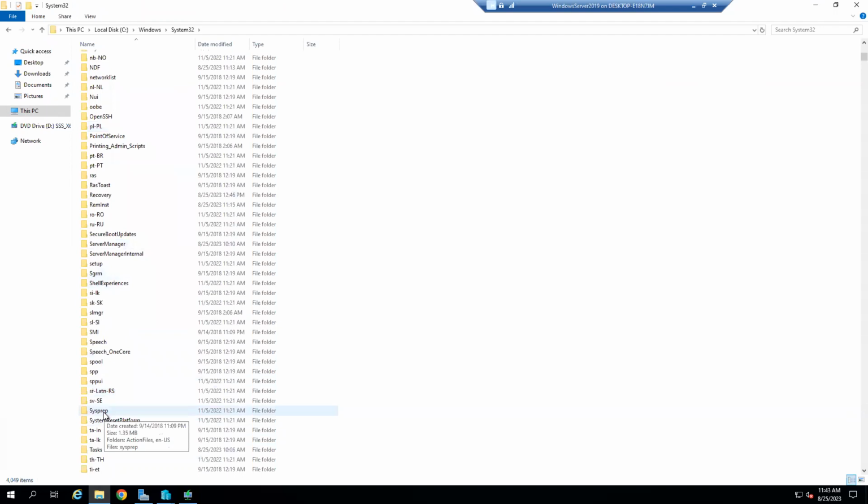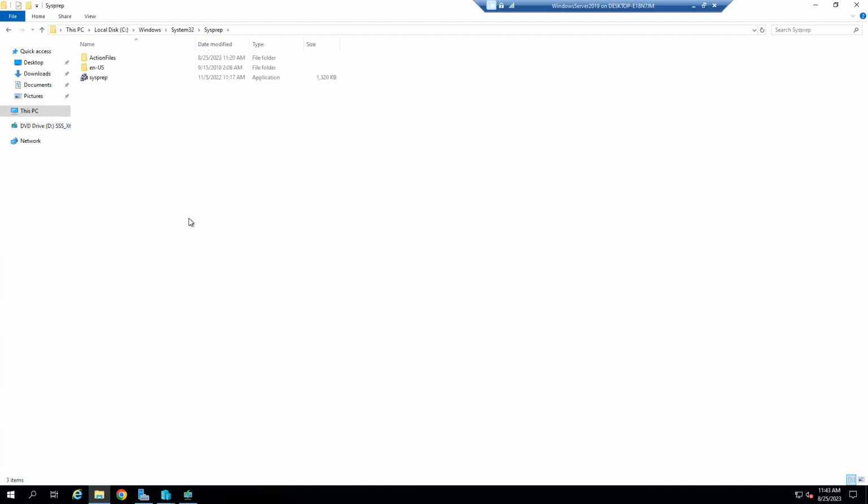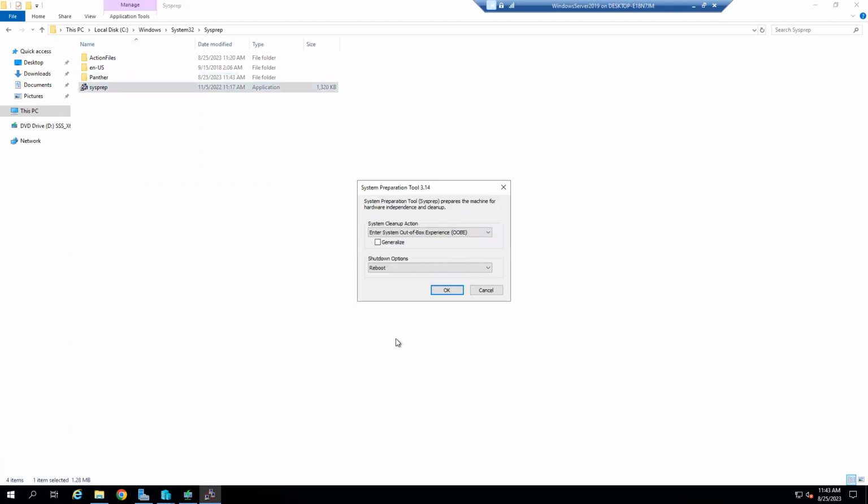Then go to a folder called Sysprep. And then go and double click on the sysprep.exe. Within the sys preparation tool, I will select